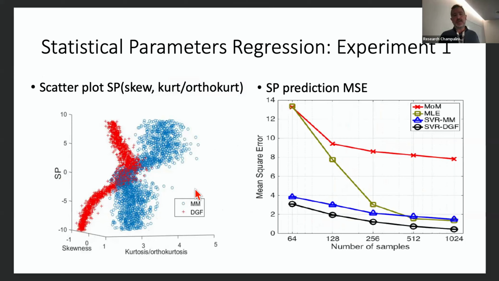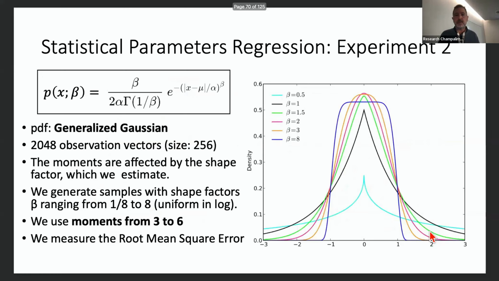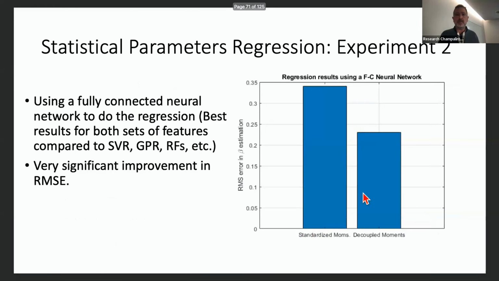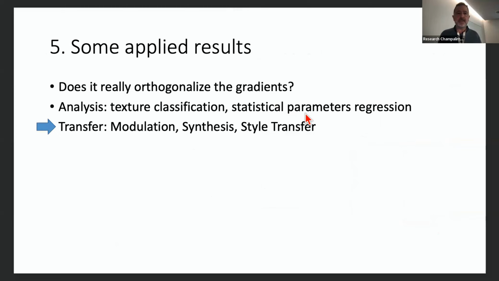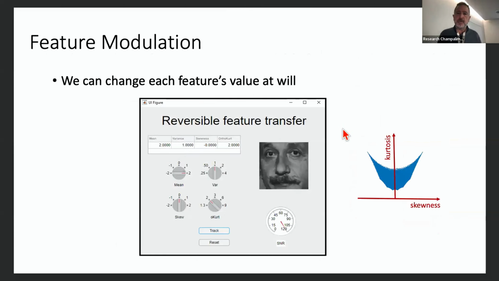It means that we are getting less uncertainty, more information about the parameter we want to estimate. And so we get much better results, like less than half the error. Another example, and this is the result, the root mean square error. And there's yet another one. Okay. Before finishing, we can apply this to transform images in a reversible way, as I